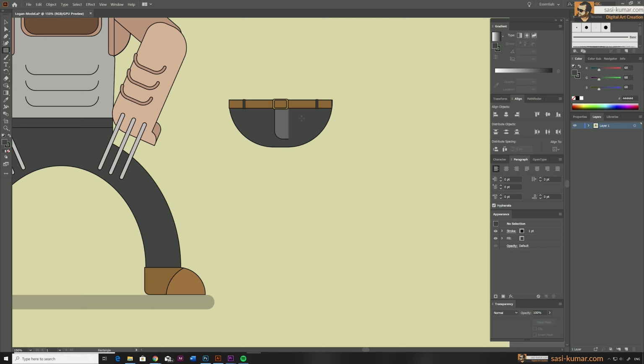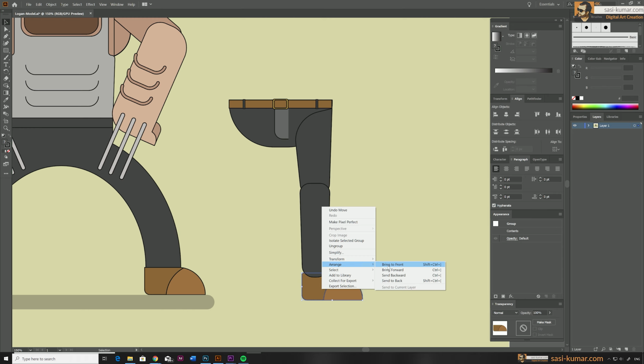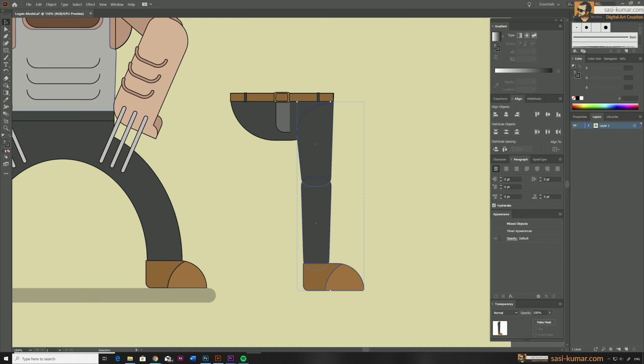Okay, so I will draw the other shapes also, but I will make this section faster because we already covered how to draw these in part 1. If you are only watching this part of the tutorial, I recommend you guys watch part 1 of this tutorial before you start. Okay, so I will just draw the legs and the other shapes in here, and then I will come back to you guys.